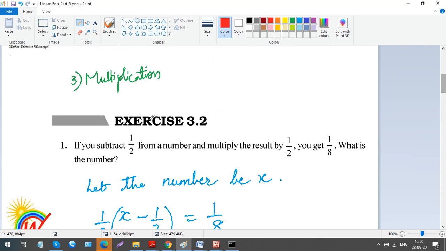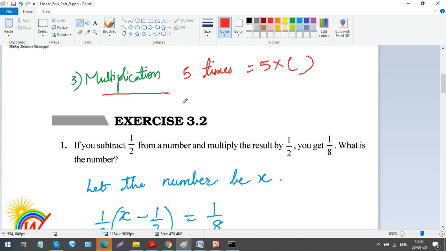Now when you come to multiplication, this is a very important thing. For multiplication, they use the word times. They may say there is a number which is 5 times the other number. 5 times, 6 times. So when I say 5 times, you are going to write 5 into some number, whatever number it is. And 6 times, 7 times. So all the times is actually for the multiplication.